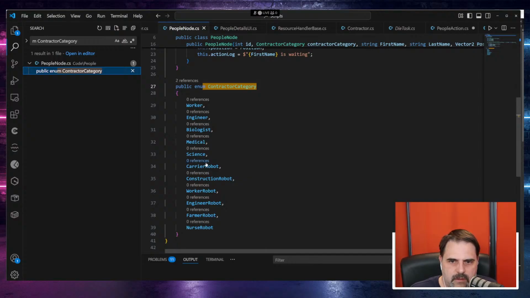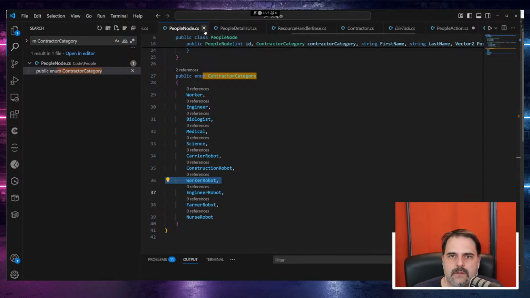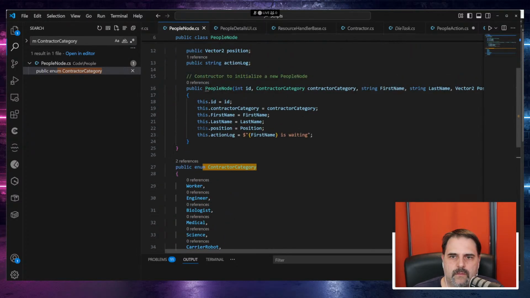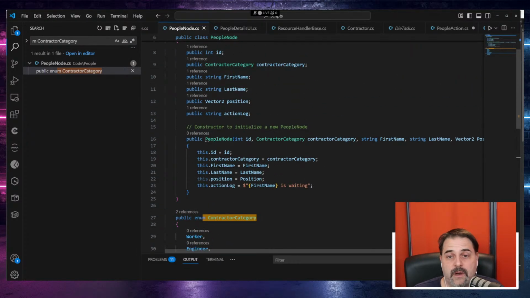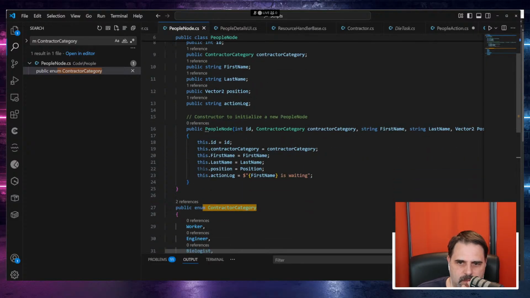Yeah, I already added it there. So I will have career, different robots, construction or worker robot, and so on. So robots are people as well. Yes, so first name, last name, position. That's all. So when we spawn them,